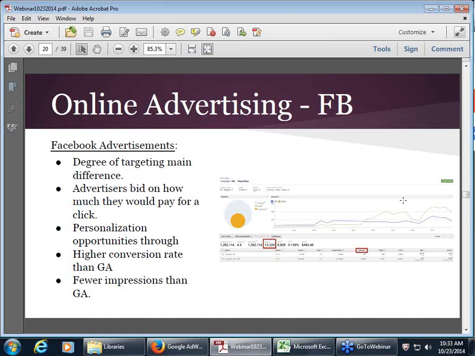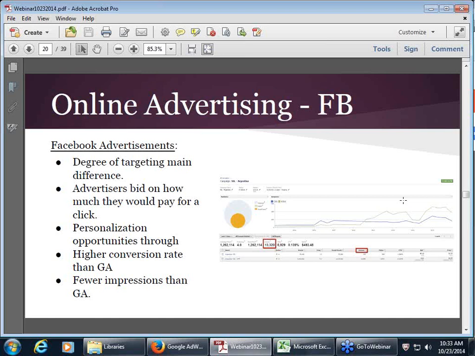So the elements of a Facebook campaign: the ad, three lines of phrases, a link, and a destination URL. You can also include an image in a Facebook ad. Location, so it could be a physical location or a radius around a location where you would like your ad to show up for visitors.